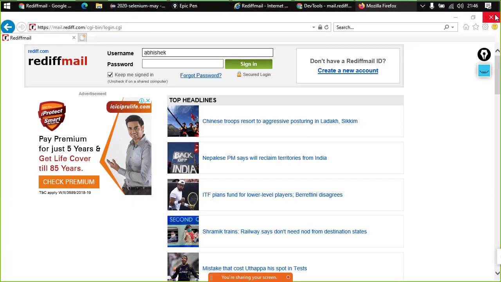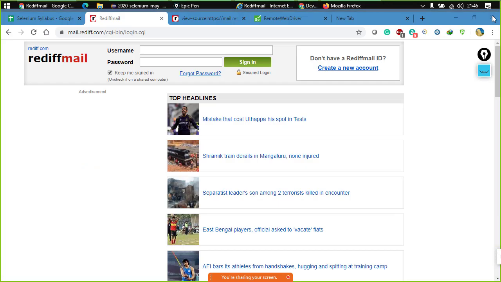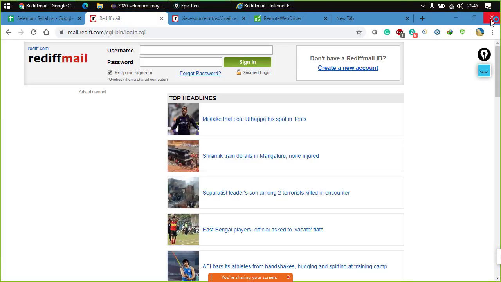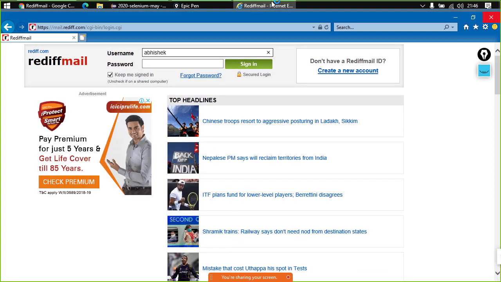I'll just close up this particular browser. We don't need that instance. We don't need this developer tools instance as well. We don't need this Mozilla Firefox instance as well, right? It is still typing in. It will be typing in the password now, and the code is very slow in this Internet Explorer browser, right? So I would suggest you guys to use any of the other browsers. Only and only use Internet Explorer whenever it is specified by the client. Okay.